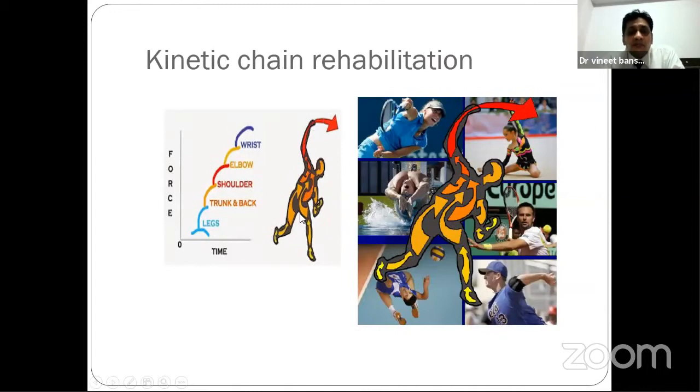So, for example, he's a bowler, so his bowling force is not coming from the shoulder alone, his force is coming from the ground, from the ground reaction force. So this means in this phase, your leg, your trunk, your thoracic spine, your shoulder are all involved. So we are not only focusing on the shoulder, we have to look at the leg muscles, flexibility, and strength in the core, especially core, which can help him to generate the force in the shoulder if we need to throw